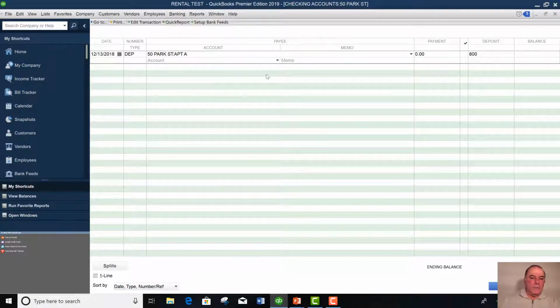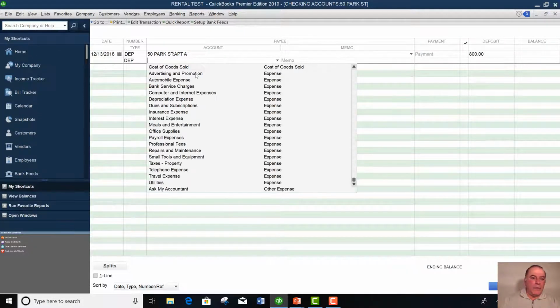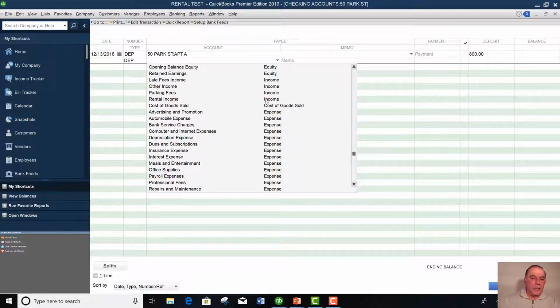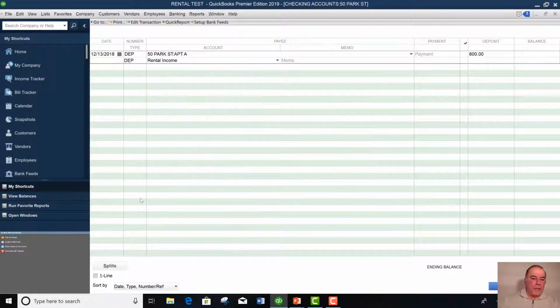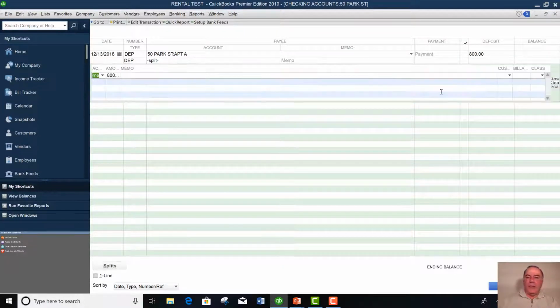And the account, we come down here to the account, and it is income account, rental income. Now watch what happens. In order to classify this with a class, you have to go to split, so that over here on the right you see where class shows up. But I'm going to show you something. We've got the account, the amount,